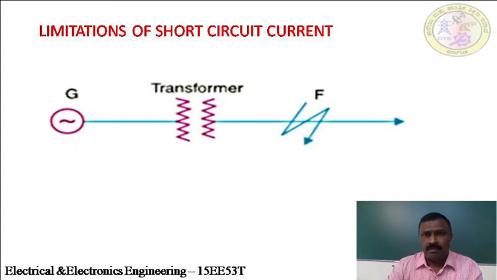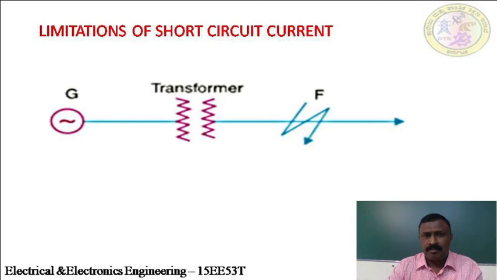The abnormal mode of operation is also known as the fault mode. In this mode, faults are the major criteria where we won't get any power supply to the utilizers. For example, if you take a simple power system, it comprises four different areas, including generation, transmission, distribution and utilization.